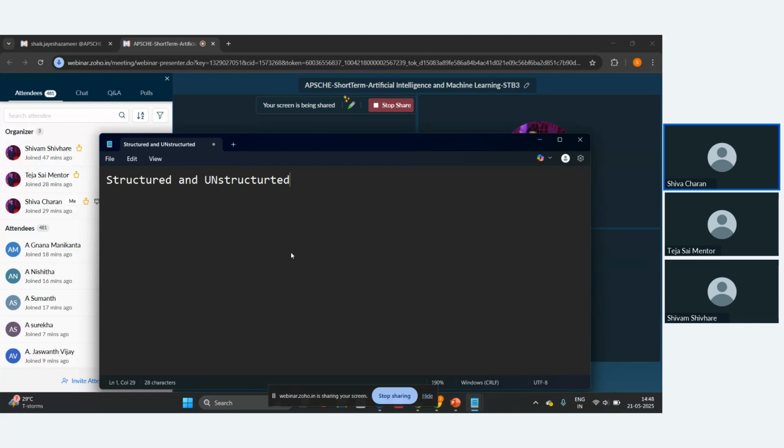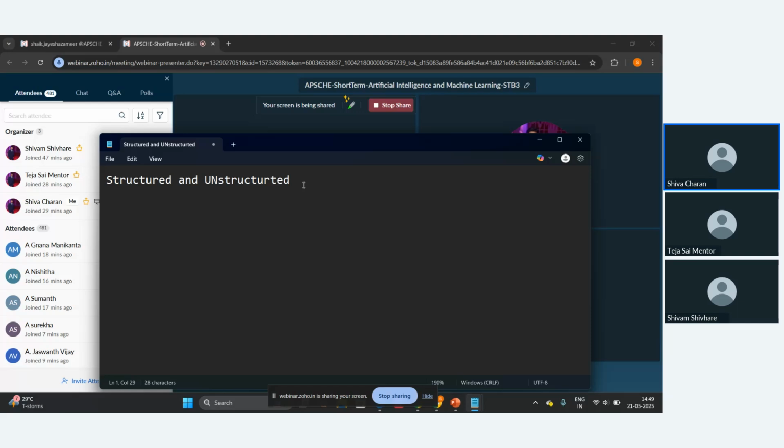So what is this structured and unstructured data? In structured data, what are all the things we'll be having? Immediately we'll get to know that structured means which is in a tabular format, correct? Format in the sense like in rows and columns. And unstructured means it will be completely images, videos. Those formats of data will be under unstructured. Structured data means data which is stored in a tabular format.